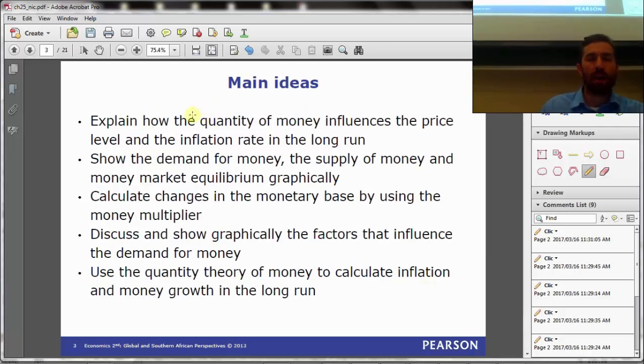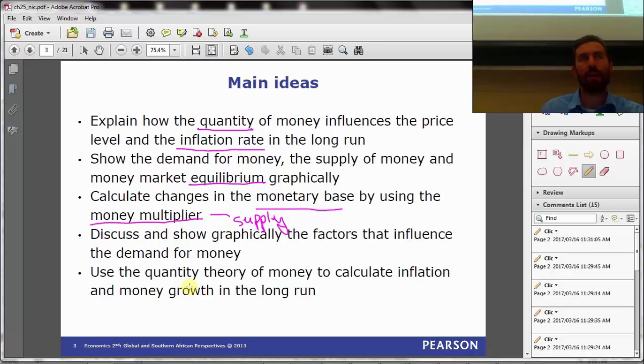If we're dealing with the price of money, we're also obviously dealing with the quantity of money. Okay? And we're going to look at how the quantity of money then affects the general price level, in other words, the inflation rate. Okay, so demand, supply, we're dealing with equilibrium. We're going to introduce something called the monetary base, and we'll show how the monetary base determines something called the monetary multiplier, and we'll see how the money multiplier influences money supply.